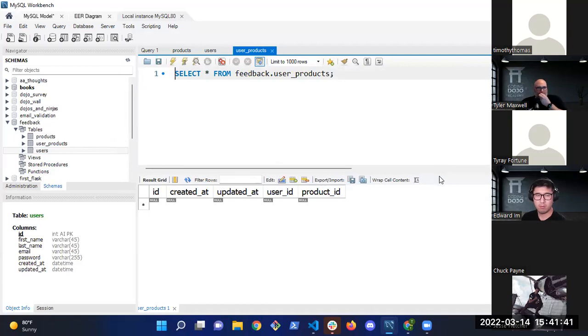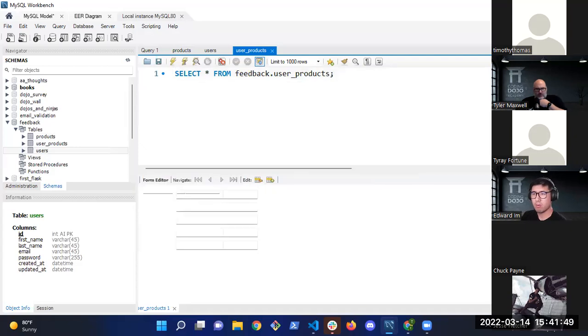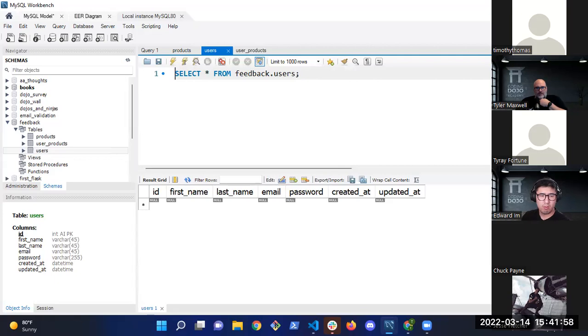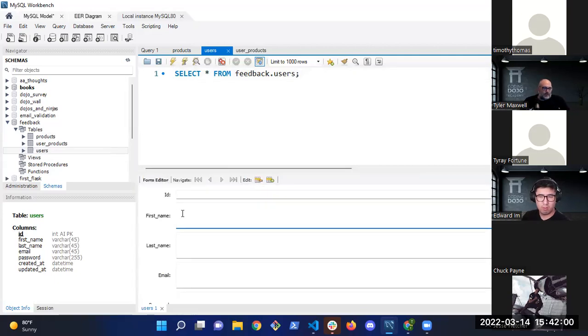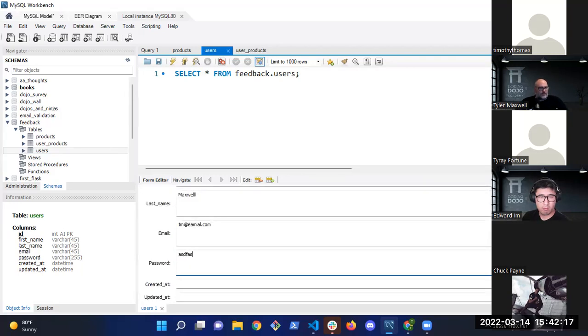That's where you can put all the data and stuff, right? Yeah, so here I can add data. If I wanted to add a user, I can use the form editor, and the ID will auto increment. I want to make a user, form data. There we go. I'm going to say Tyler Max, email is tm@email. What else was there? Password. Okay, so now if I come down here and click apply,